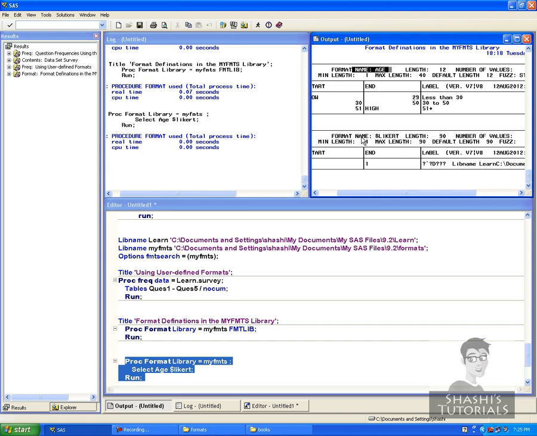So you can also use an exclude statement that enables you to name the formats that you do not want to display, similarly as you use the select. Okay, so see you in the next chapter. Till then,